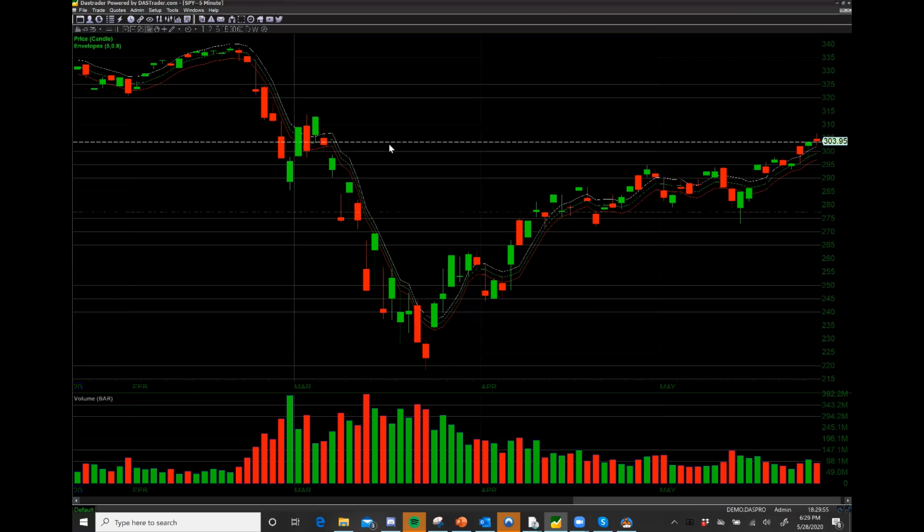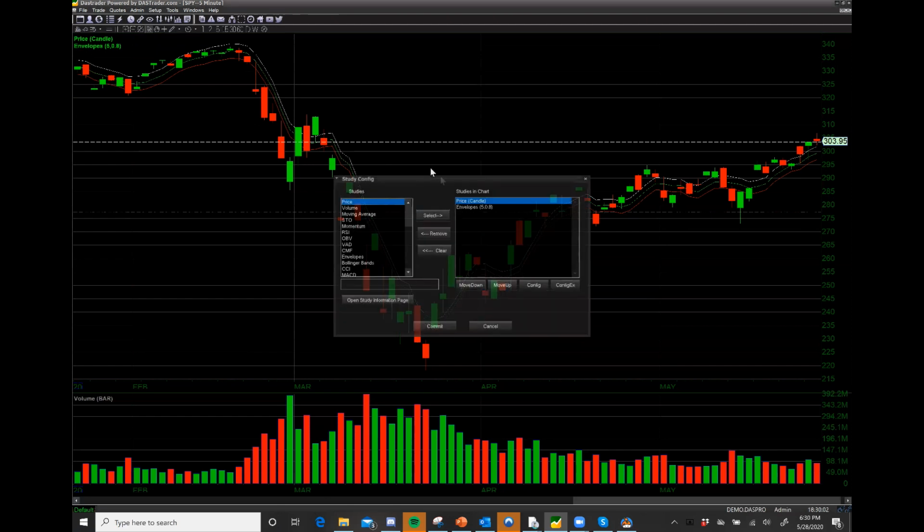Yeah, I'm not getting the reading that I want from the envelope. So if something's not playing out, you play with it another day and you put it on the back burner for the time being. I'm going to go to study config and I'm going to play with that another day. Another one that I'd like to play with,